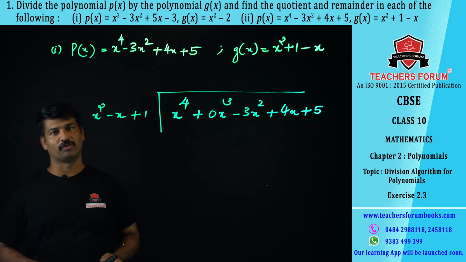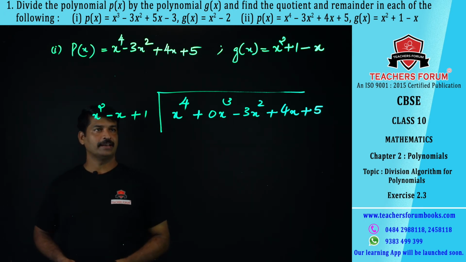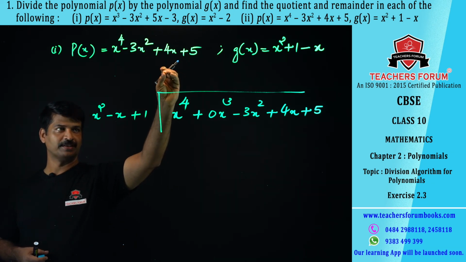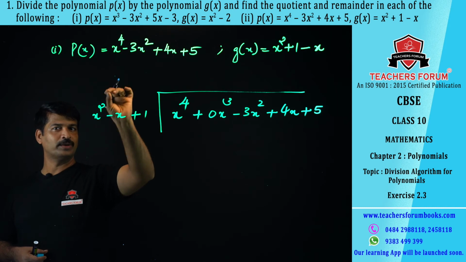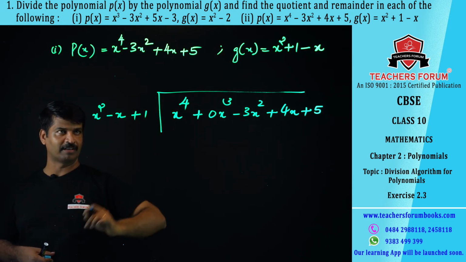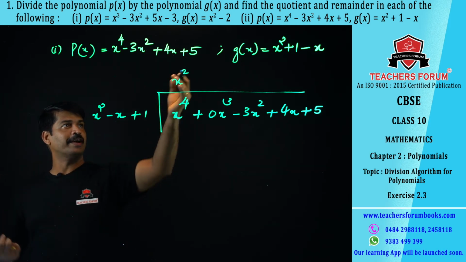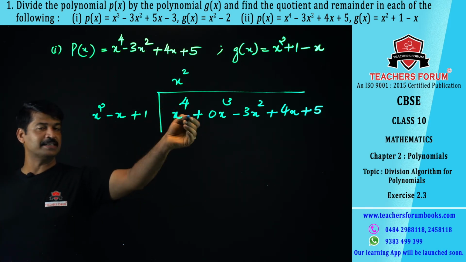Now it is in the standard form. Okay, now let us start dividing P of x by G of x. So what will be the first term of the quotient? Can you tell me? x square into dash will give you x raised to 4. x square into x square is x raised to 4. Or you can find out x square by dividing the first term of P of x